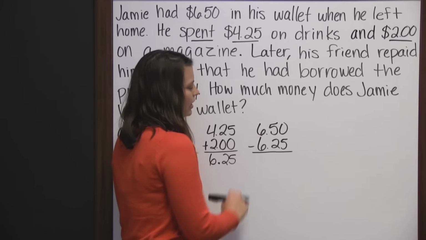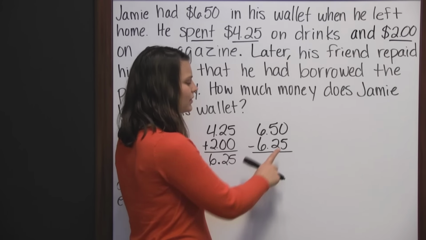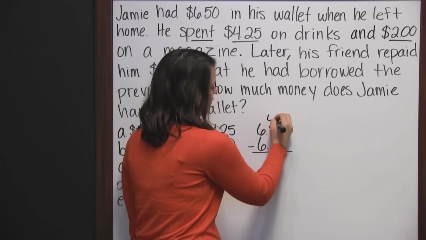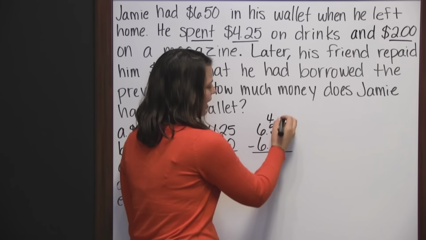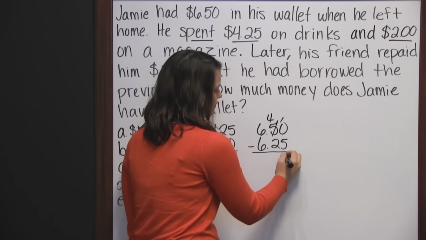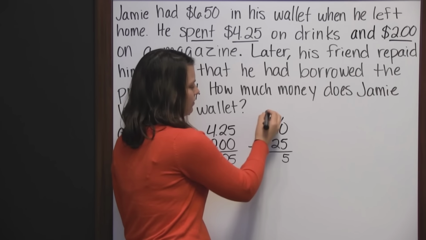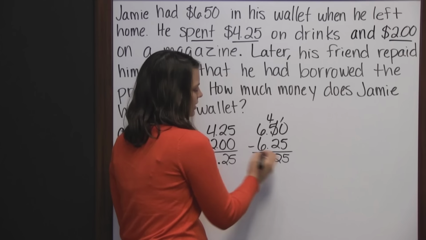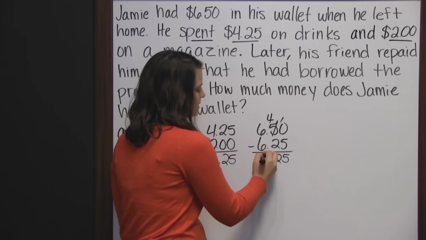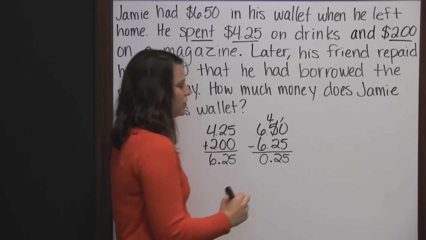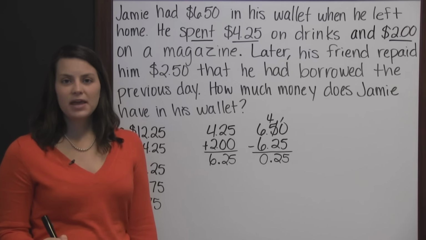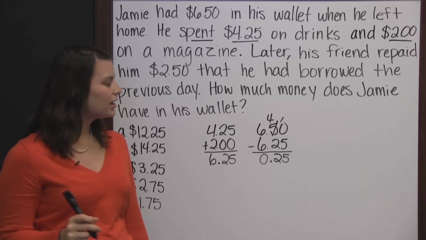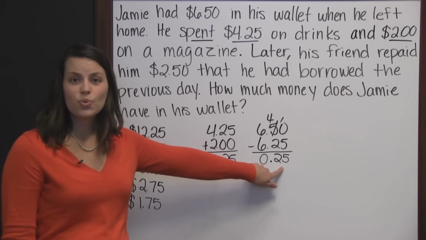And again, we need to line up our decimals. I can't take 5 from 0, so I'm going to borrow from this 5. It becomes a 4. And now I have 10 minus 5 is 5. And 4 minus 2 is 2. Can bring down that decimal. 6 minus 6 is 0. So that means after he spent the $4.25 on the drinks and $2 on the magazine, he only had 25